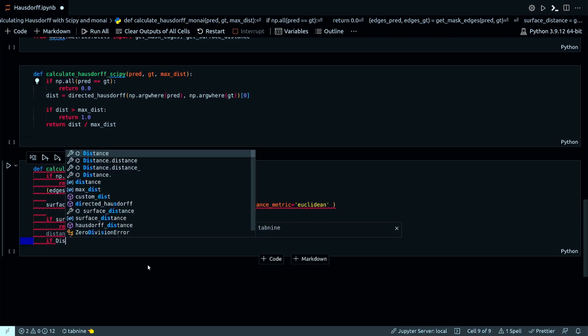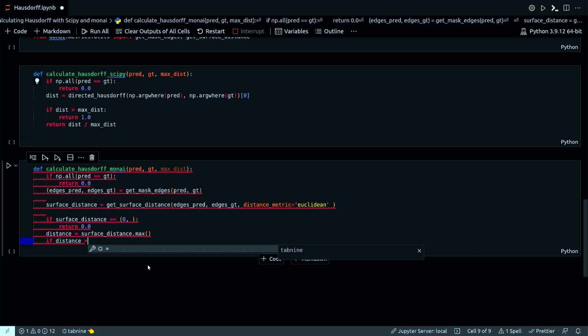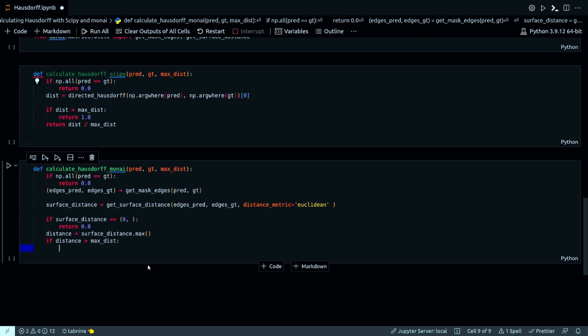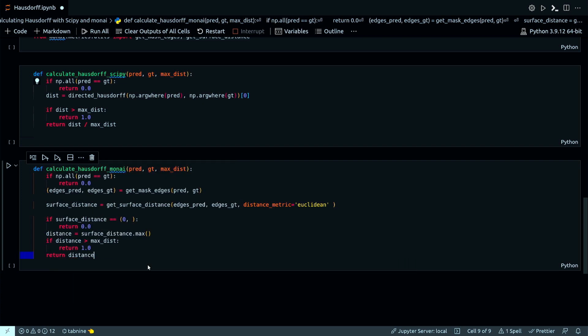If distance greater than max distance, then return 1.0, else return distance divided by max distance. Okay,